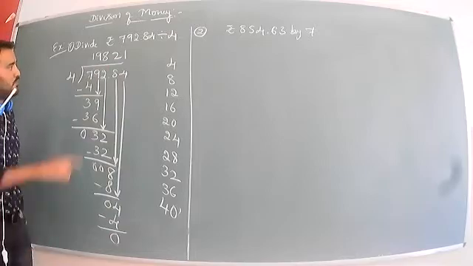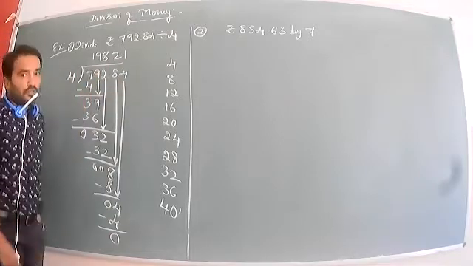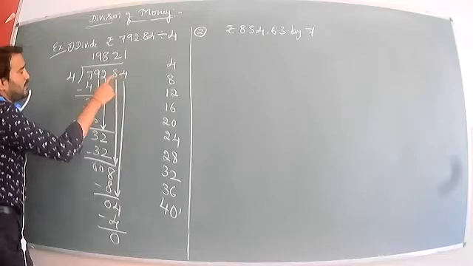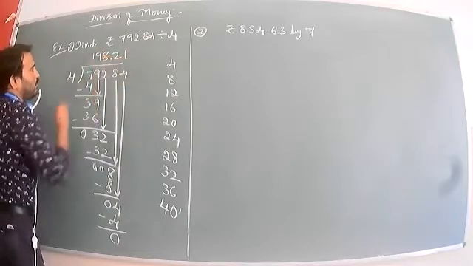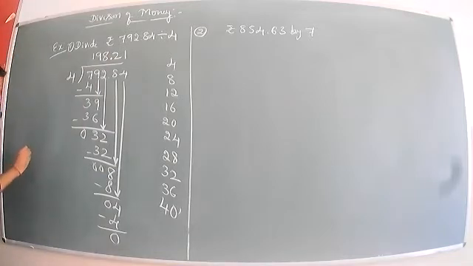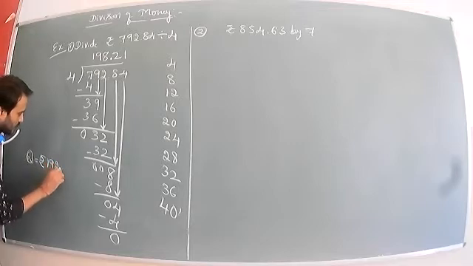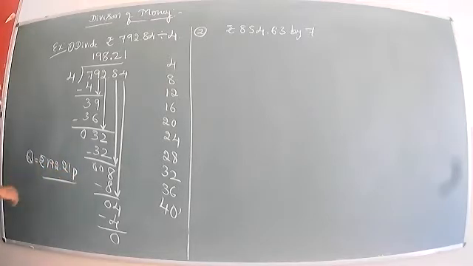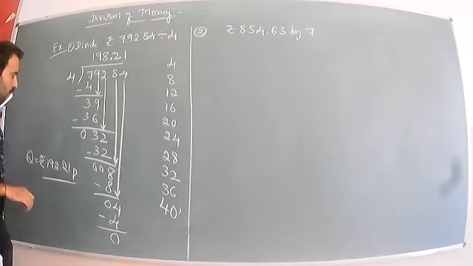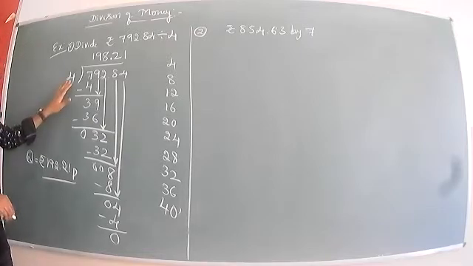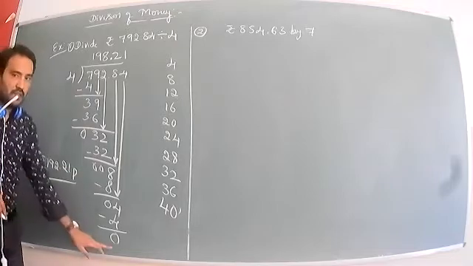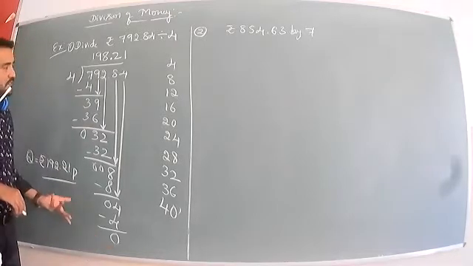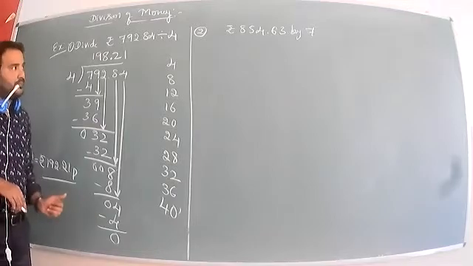Now, Guruji, how do we put the point here, since only numbers are there? Two numbers are left after the point, so the same count goes in the quotient, 1 and 2. So put the point: the quotient, the answer, is 198 rupees 21 paisa. The answer is 198 rupees 21 paisa. I hope all of you understand. We used the long division method to find the quotient. The remainder is 0, so no remainder will come.